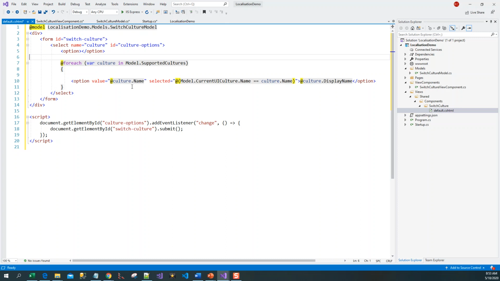Okay, so option value will take culture.name, and selected will be displayed from model.currentUICulture.name, which is assigned culture.name. This is the item that is retrieved, so culture.name, and this will be culture.displayName. And on this JavaScript,